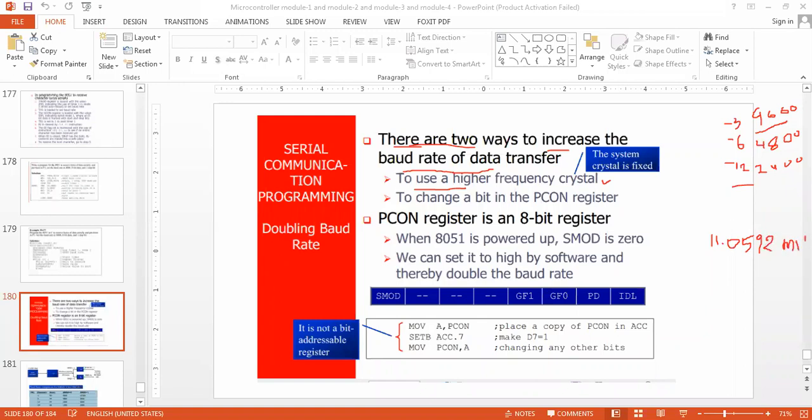So one thing is, if I increase my crystal frequency from 12 megahertz to 24 megahertz, or from 24 megahertz up to a maximum of 100 megahertz, then there are chances of increasing the baud rate.